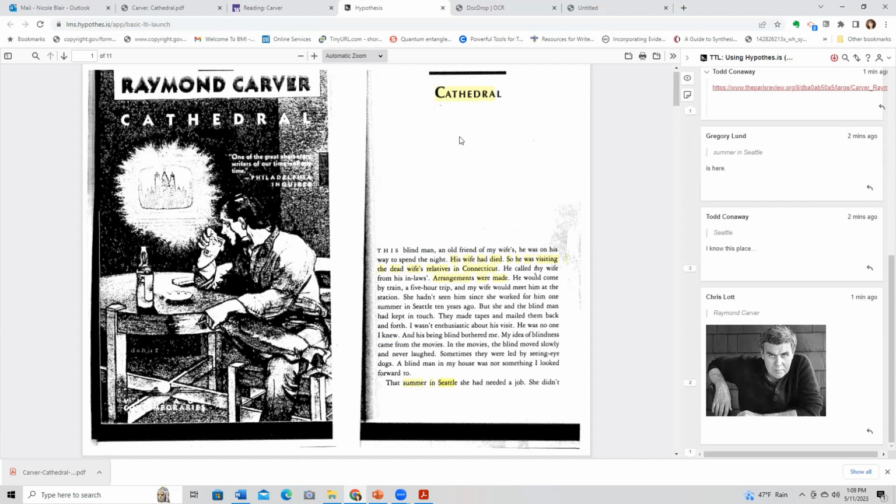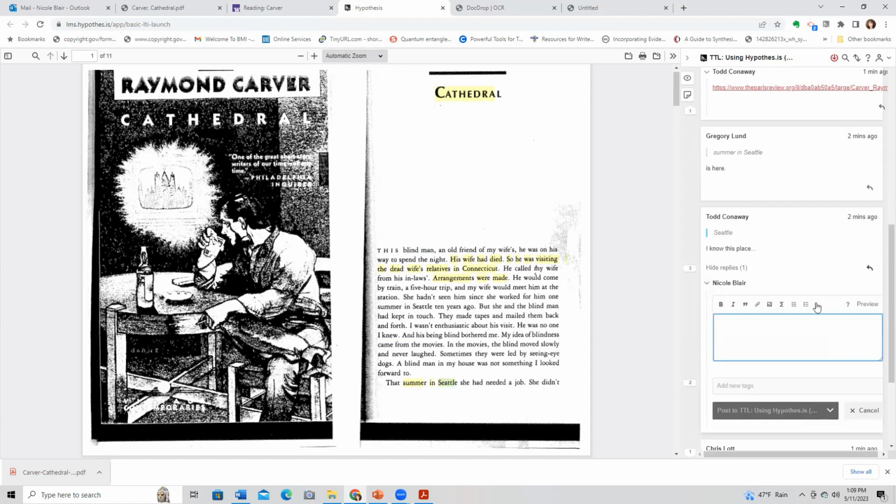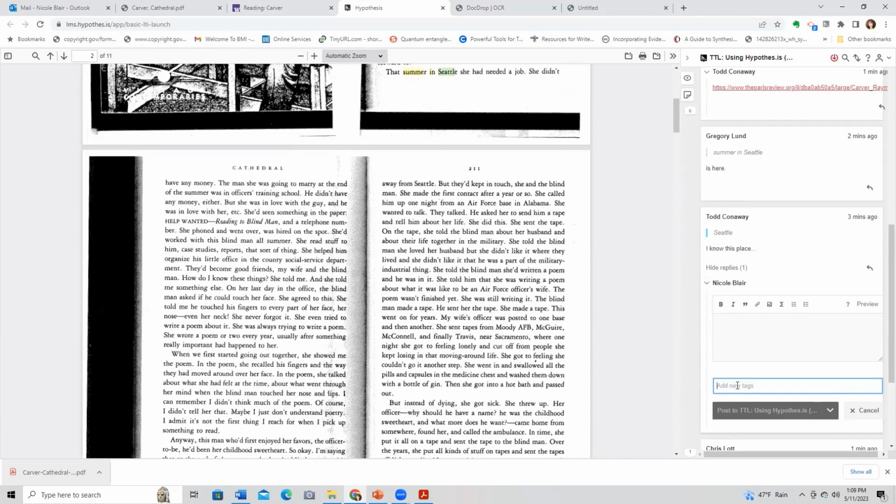I just wanted to point out a couple things here too, if you don't mind, Nicole. If you highlight something and start creating a new annotation or hit reply to an annotation, either way, that's fine. So I wanted to point out the tags feature down below. If you have a super active discussion, and you may have seen this in Teaching 101, Greg, you could set up tags.